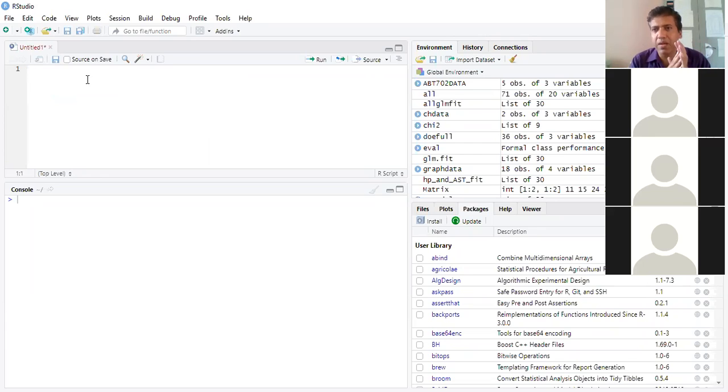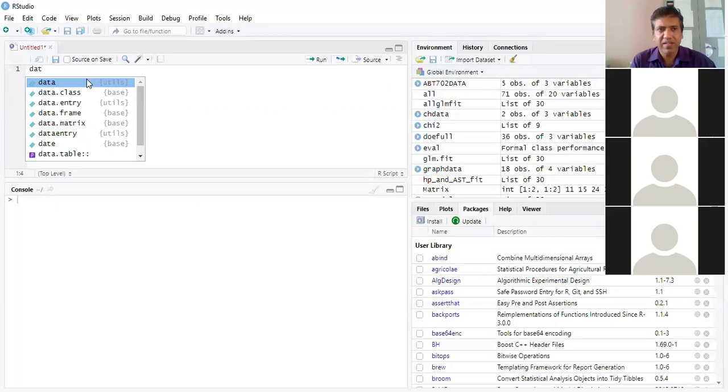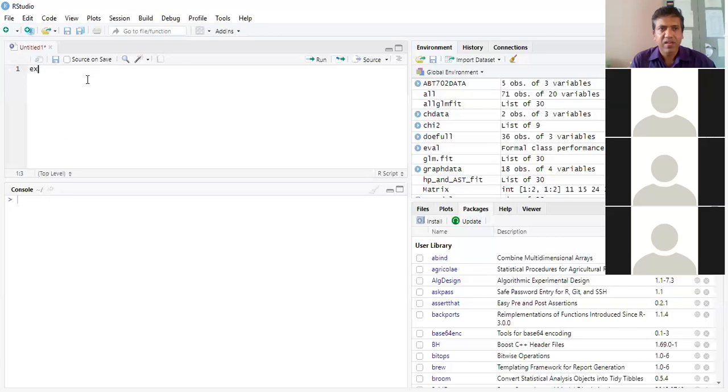Let's say I'm naming my data as Excel data. This name I'm giving, is equal to. Before the is equal to, we can give any name we like, but this software is case sensitive.